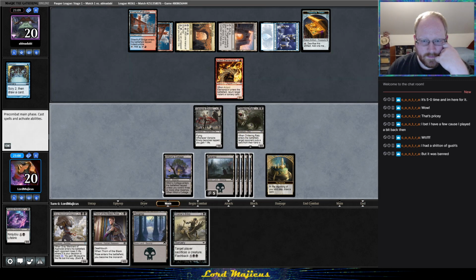Hmm. Let's see. I probably just want to Chainer's Edict them. I think I attack with the rat. Or you know what? They're definitely going to make me lose the rats. I guess I can attack with all these things, because they're not going to block this, but then I'll have Gary. But they might Galvanic Blast Gary. That's a possibility. Okay, so...